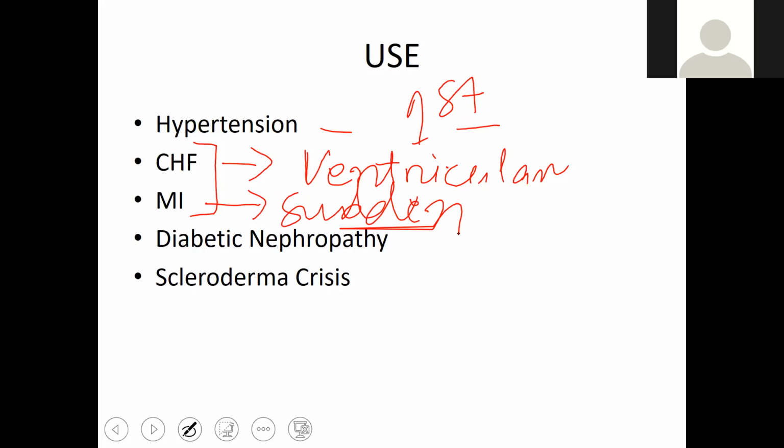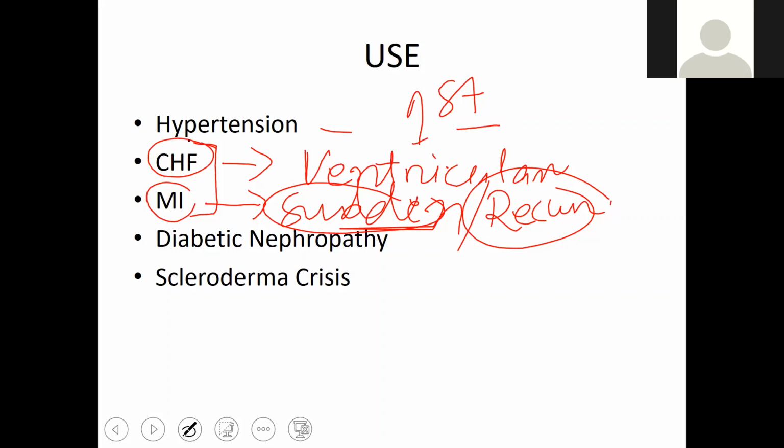and one more thing is recurrence of the MI. These two can be prevented by continued use of ACE inhibitors. So in post MI patients and in patients having congestive heart failure, these drugs are almost always given. And in the kidney, not only in diabetic nephropathy but also in non-diabetic nephropathy, in both of these conditions, this either halts the progression of the disease, or even sometimes reverses